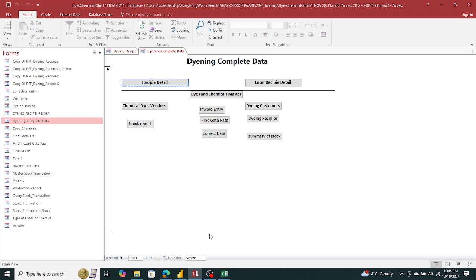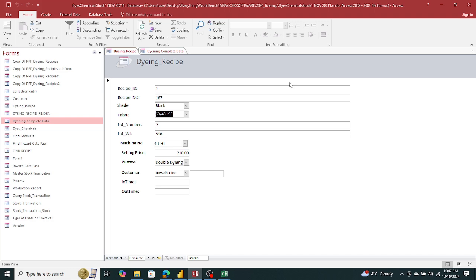Basically, the recipe includes all the dyes and chemicals used for the fabric, for each dyeing lot. So we developed a recipe detail form. That is the form, which enters all these shades,